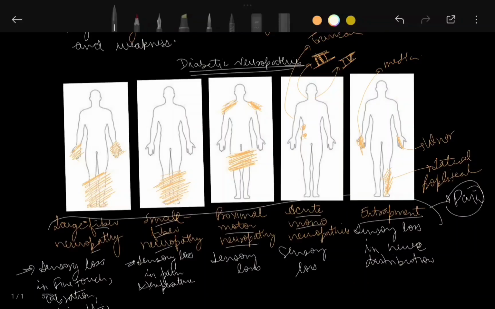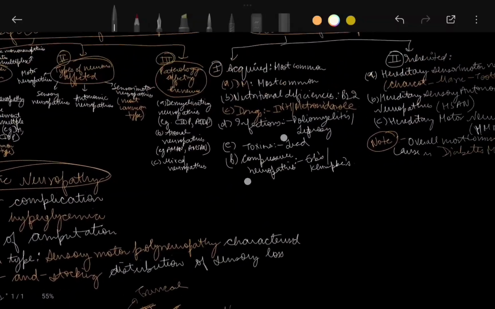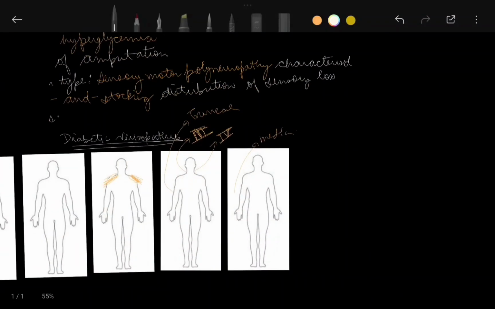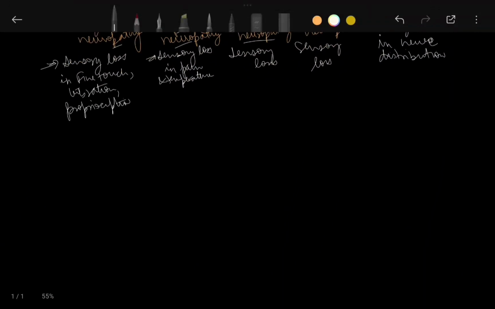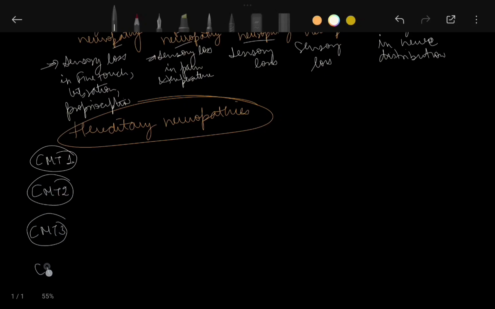Then coming to some of the hereditary neuropathies. In hereditary neuropathies, mainly the neuropathies are sensory in nature. Mainly the neuropathies are hereditary sensorimotor neuropathies. Okay, when we are studying the hereditary neuropathies, we are going to study Charcot-Marie-Tooth disease 1, then Charcot-Marie-Tooth disease 2, Charcot-Marie-Tooth disease 3, and then Charcot-Marie-Tooth